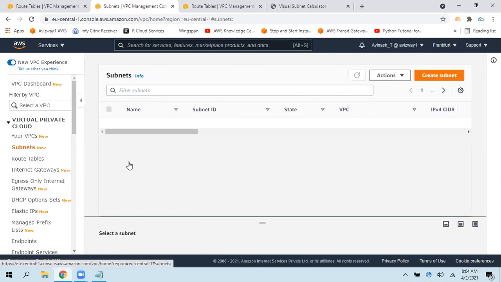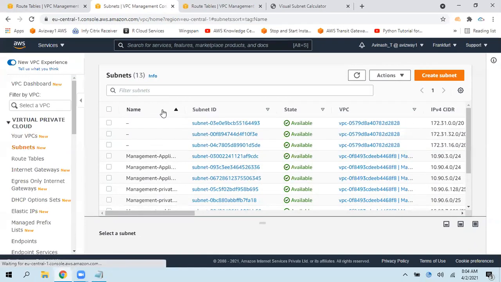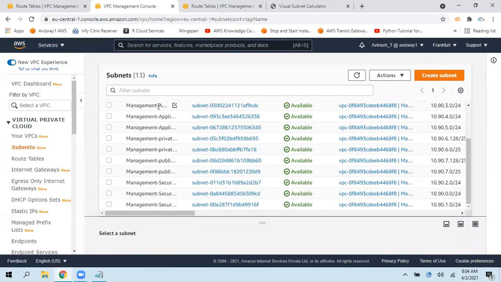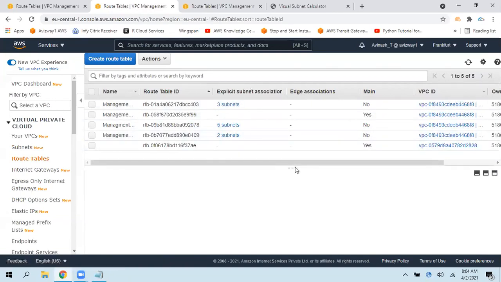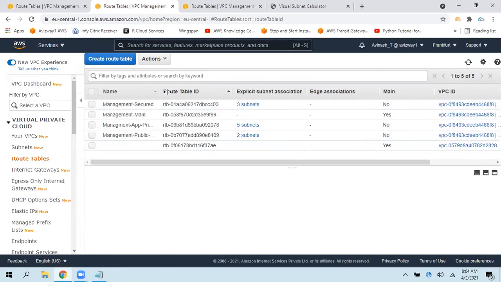Within that management, I have some subnets. See, these all are the subnets I have. Among all the subnets, I want to see which are public and which are private. So how can I see that here? This is one real environment, guys.